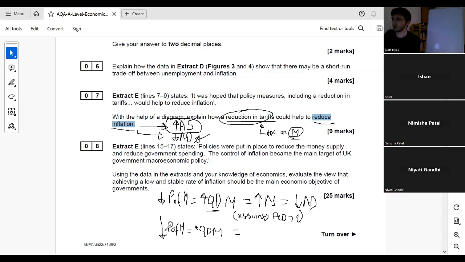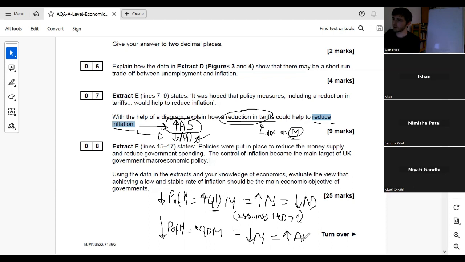So what we can think is if the price of imports into the UK decreases massively, so basically they get a lot cheaper, but barely anyone buys more. Let's imagine like only one extra person, just to make it really extreme. There's like a 90% drop in the price of imports, and only one extra person buys more imports. Then obviously that means the total value we spend on imports is going to go down because we'll spend a lot less through the big decrease in price, and we won't be spending much more because only one extra guy is actually buying more imports. So in this case, the total value of M would decrease, in which case AD would increase.